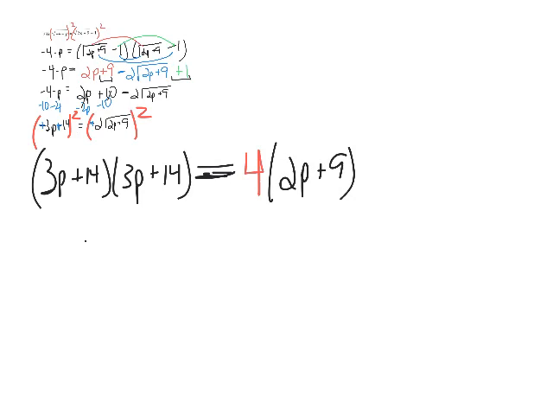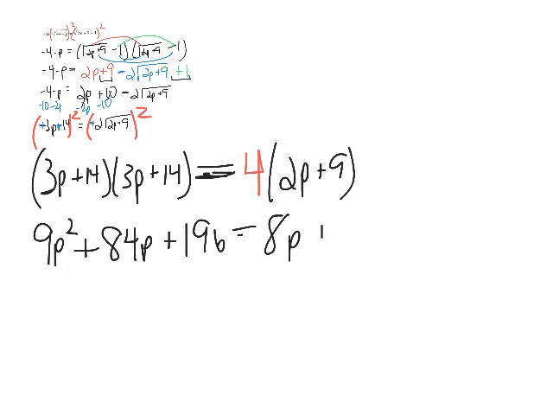All right. Foiling the left side. 3 times 3 is 9, so this is 9p squared. All right, outer. 3 times 14, I believe, is 42. And then inner is going to be the same thing. So we got 42p plus 42p gives me 84p. And then last times last, 14 times 14 is 196. That's going to equal